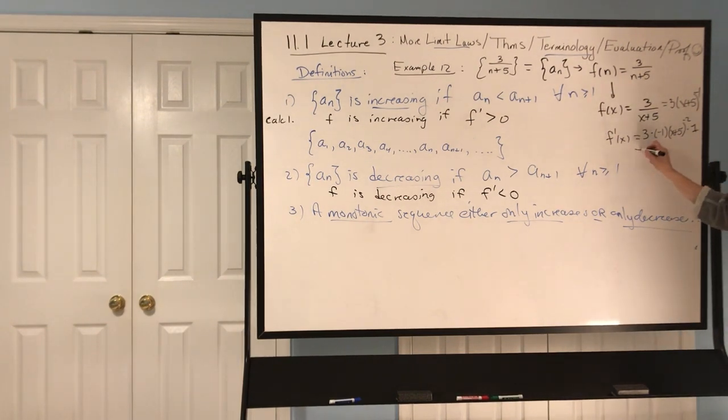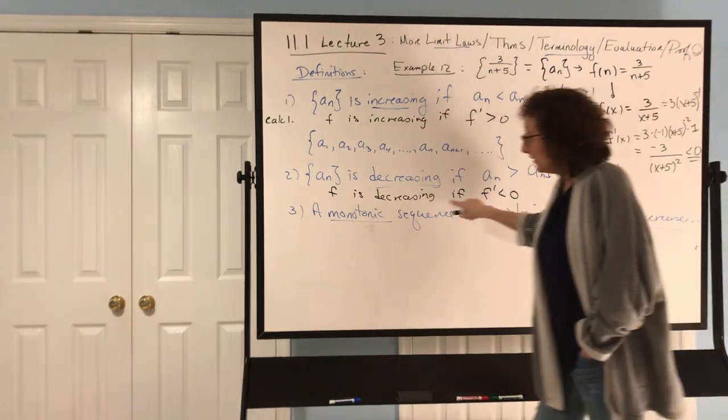So what is f prime? Let's rewrite it. I got 3 times negative 1 times 1. That's negative 3. This negative exponent, let's throw it down to the denominator. So I got f prime of x is negative 3 over the quantity x plus 5 squared. What can you tell me about the numerator? The numerator is always negative, negative 3. What can you tell me about the denominator? Stuff squared is always positive. Negative divided by positive is always negative. This derivative is always negative. And if the derivative is always negative, then